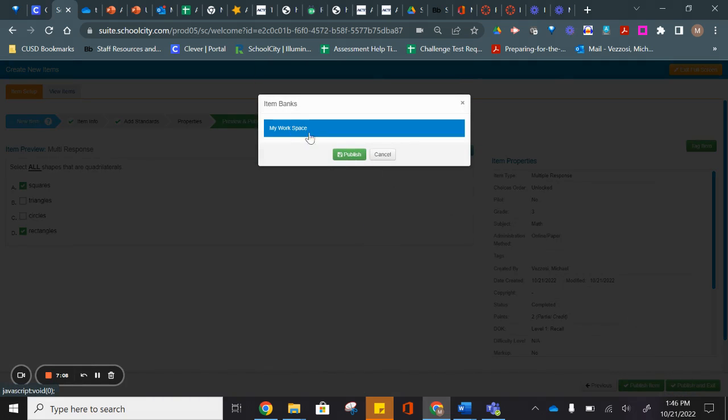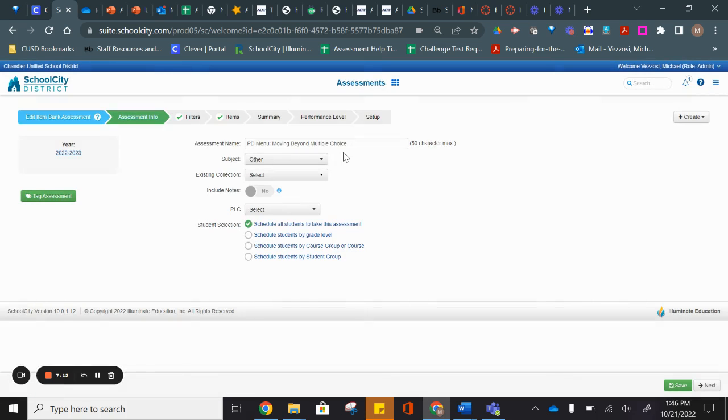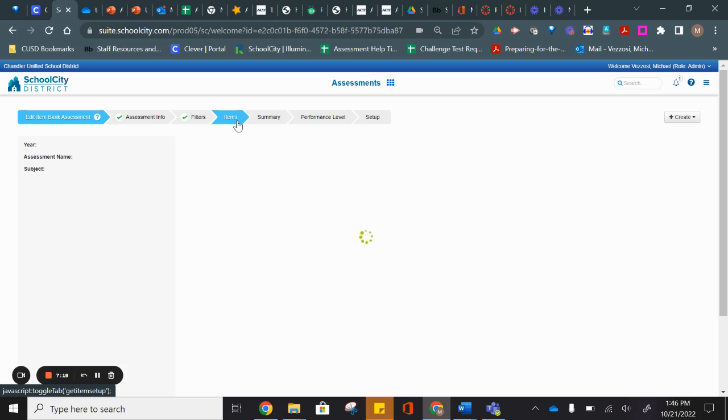You go publish it in your workspace where we're living right now. Now that it's published, you say, well, I want to make sure it's on my assessment. Well, it's automatically there. So if we go back to our items,